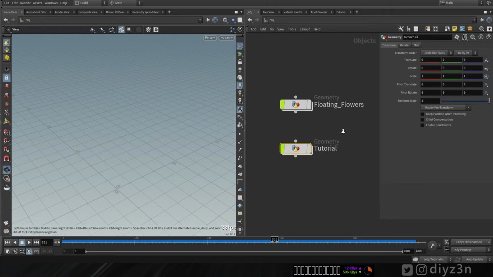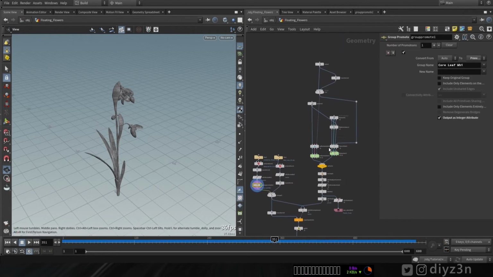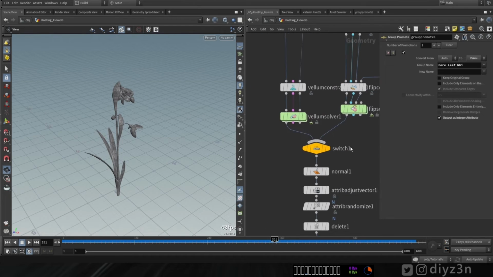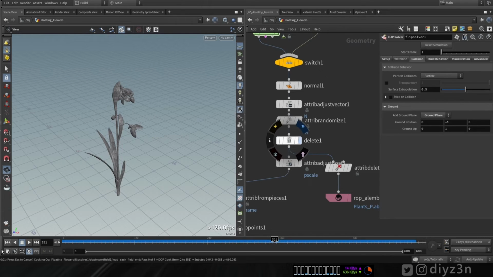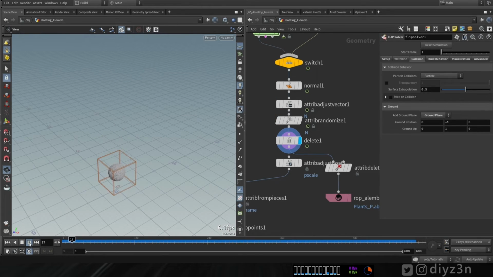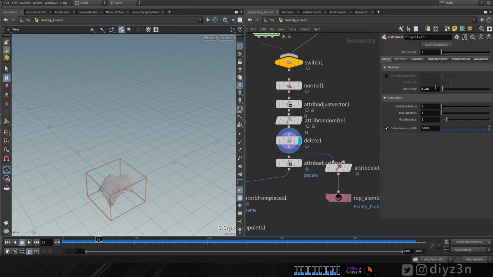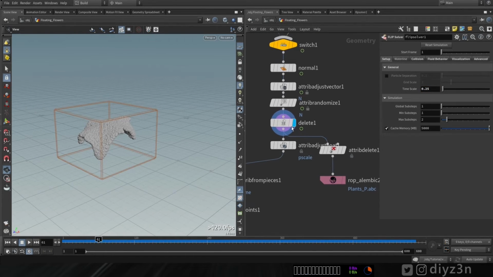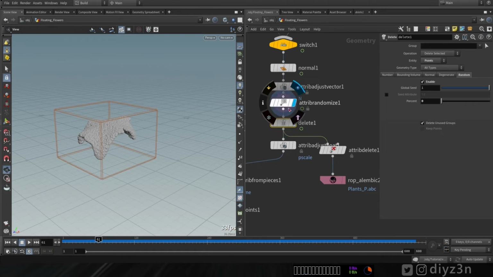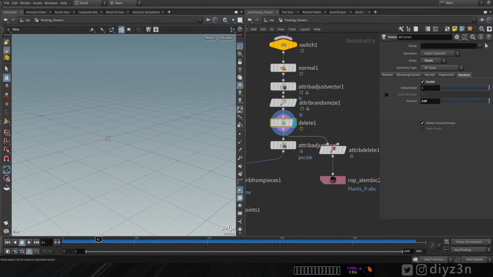We have this tutorial one and floating flower. This is the final version. Let's go to this one. Okay, you can see this setup I made for you guys here. I have this switch. You can use the flip solver. I use the flip solver because I love the movement, honestly, rather than the volume solver. And I use this time scale to decrease the movement. And of course, if you want to render that in Houdini, of course go ahead,